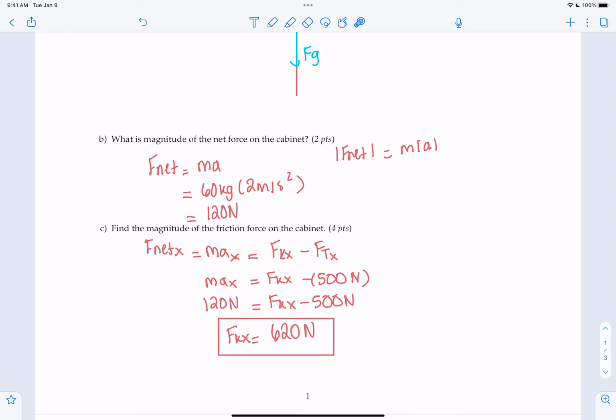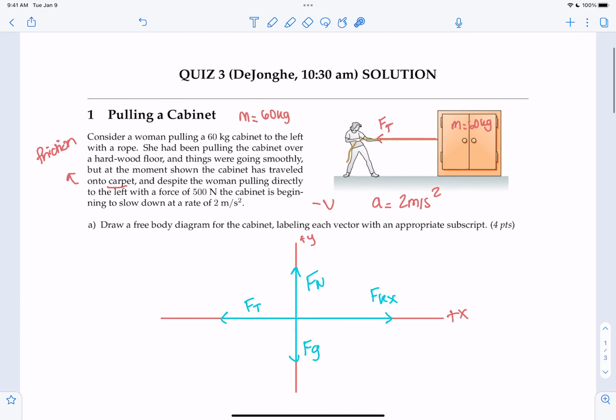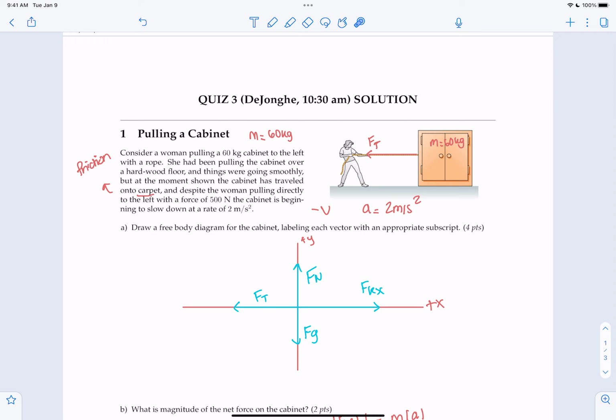Yeah, so that's a great question. There are a couple different friction forces. I'm not sure who you have for your professor, but for the lecture slides for Dr. DeJong, he goes really in depth with all the different types of friction forces. But just for now,